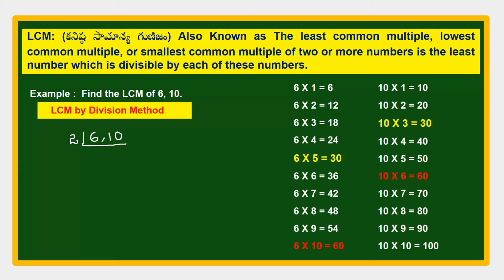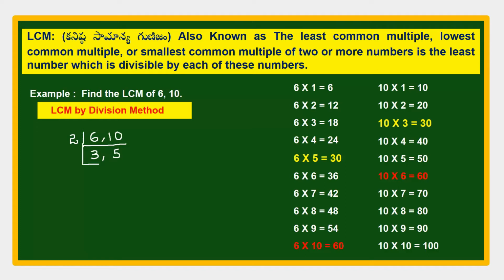Right. In the second round, we have to write the quotient we get after the division of 6 and 10 by 2. So here we have to mention the quotient. 2 3 is a 6, 3 is the quotient. And 2 5 is a 10, 5 is the quotient. Again we can continue division until the remainder is a prime number or 1. Here actually we got 3 and 5. Both are prime numbers. We can stop or we can continue the process till we get remainder 1.